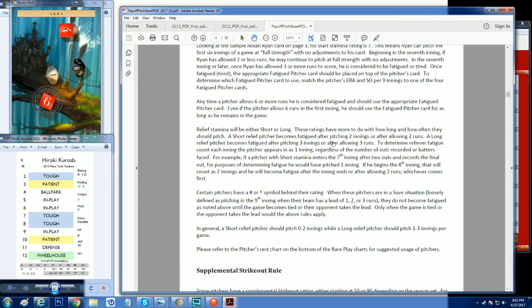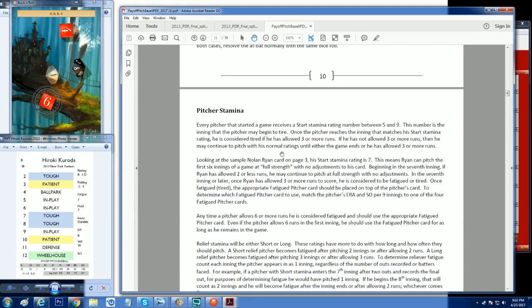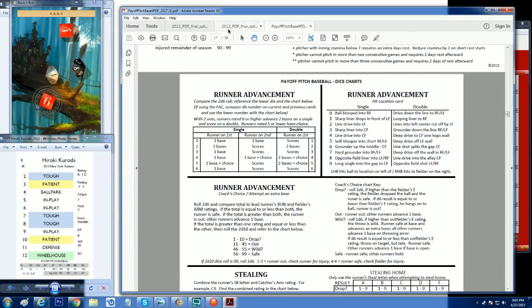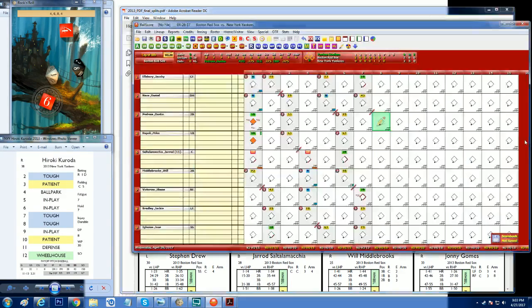Hit and run. Pitcher stamina. The number is the inning that the pitcher may begin to tire. Once the pitcher reaches the inning that matches his stamina rating, he is considered tired if he's allowed 3 or more runs. If he has not allowed 3 or more runs, then he may continue to pitch with his normal ratings until either the game ends or he allows 3 or more runs. So I think because both of these pitchers are just having a good game, Kuroda is going to stay out, and he's going to face